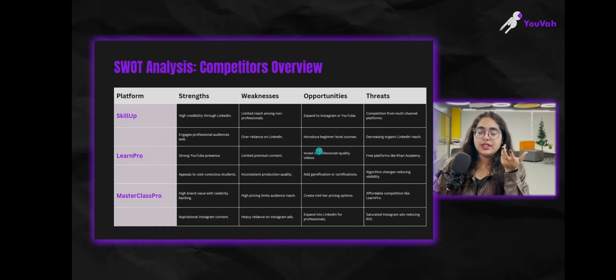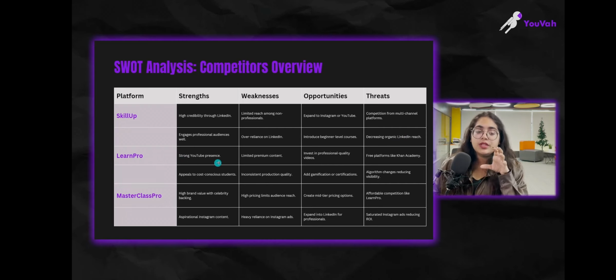Then come opportunities. Try to expand your opportunities, like going further on YouTube. Create very beginner-level courses there like your competitors are doing. For example, Learn Pro is doing that, so they're taking advantage of it. So why not tap into those opportunities as well? Threats: what I can see is that people who are into multi-channel platforms could be a threat for you because you are restricted to one platform. Also there could be a decrease in organic LinkedIn reach, which could be a threat. Again, it depends on the quality of the content. If you're not able to produce more, obviously the decline is going to happen.